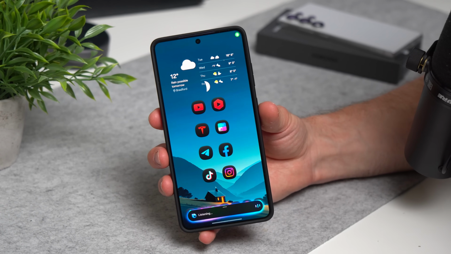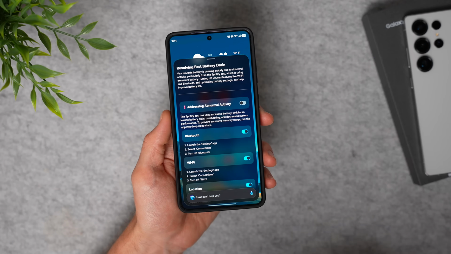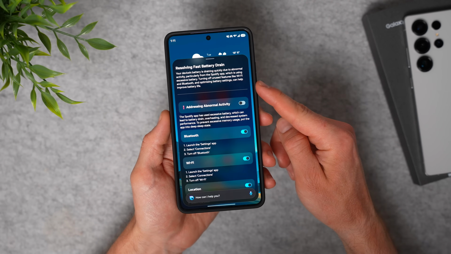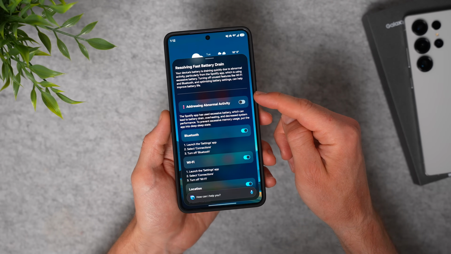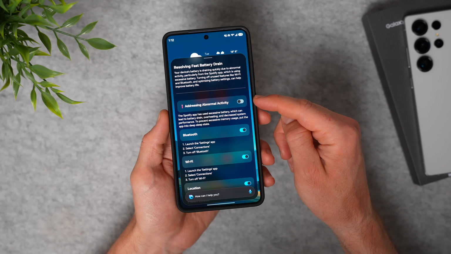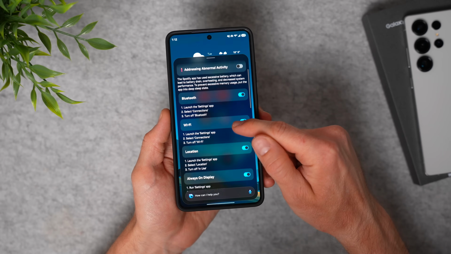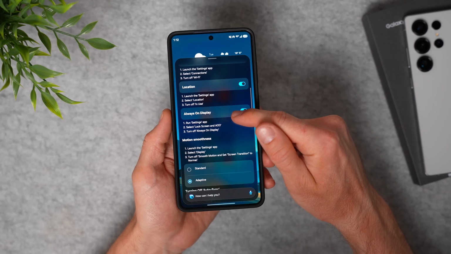My battery is draining kind of fast. Can you fix it? Now check this out. Not only does Bixby come back and tell me some of the apps that are draining my battery, so in this case it's Spotify, it has abnormal activity and just using a lot of battery. I can disable this from here, but it also gives you some other setting suggestions that you have enabled that